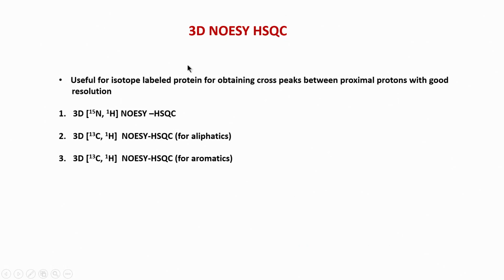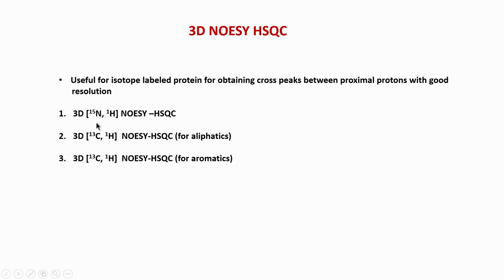If you recall, in a protein we do isotope labeling. So, if you have an isotope labeled protein, then we obtain distances based on this experiment, the 3D NOESY. That means you need an N15 labeled protein and a C13 labeled protein. There are 3 types of this 3D experiment. We will see the pulse sequence shortly. There are 3 types of 3D NOESY experiments which are routinely used in protein NMR.